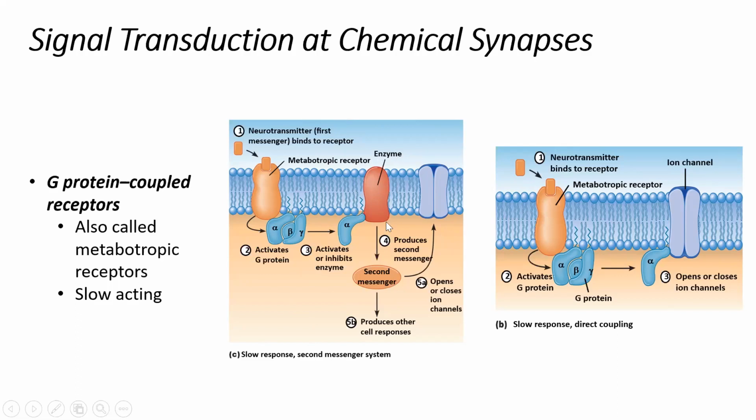It's going to bind to another enzyme in the membrane, and it's either going to activate it or inhibit it, again, depending on the exact neurotransmitter that's involved. This can be a different response, either activating that enzyme or inhibiting that enzyme. When that happens, we generate what's called second messenger. And the second messengers are the players that are going to spread this message throughout the cell